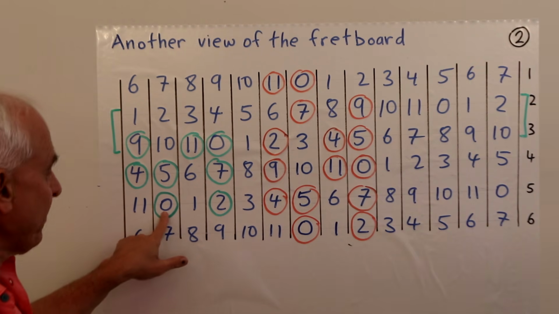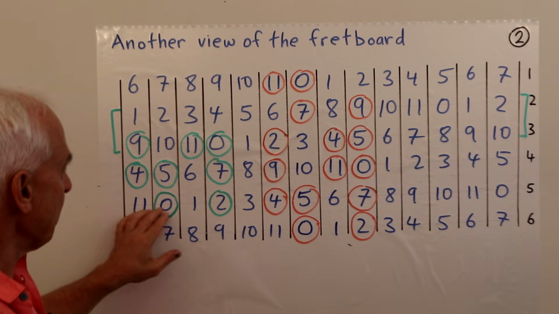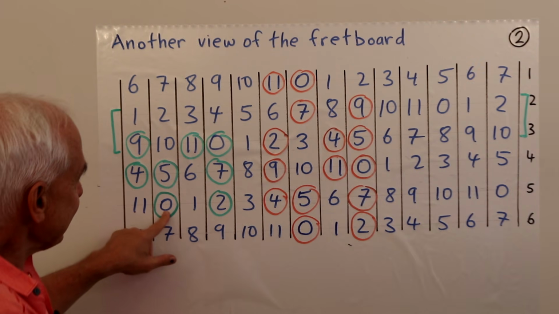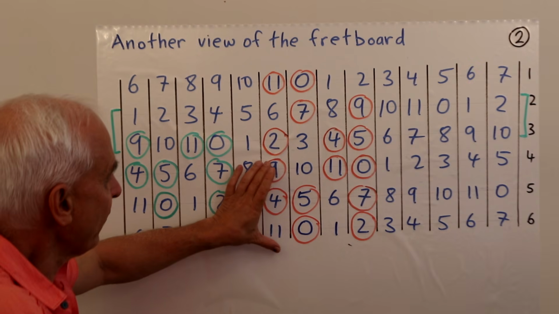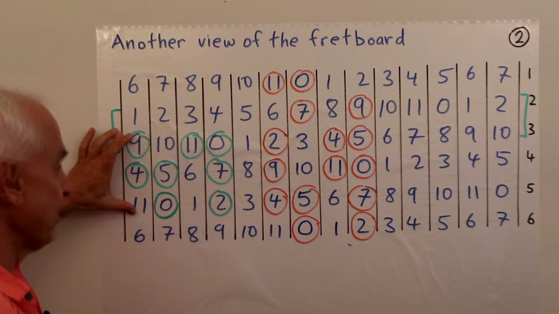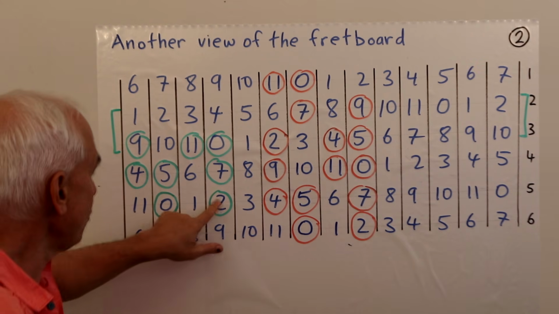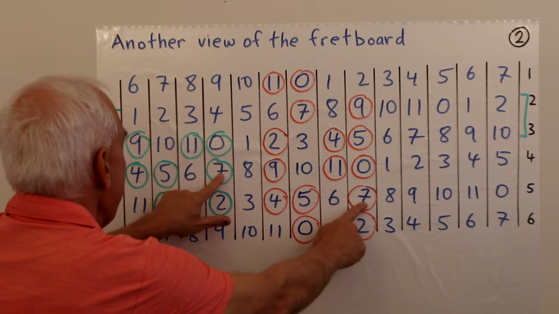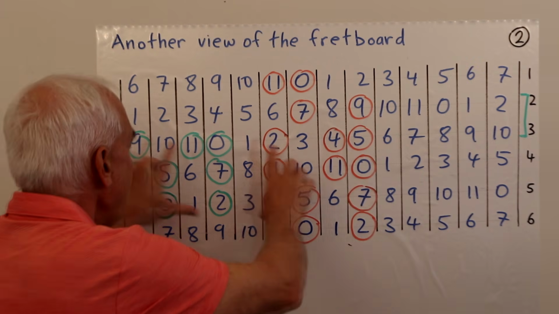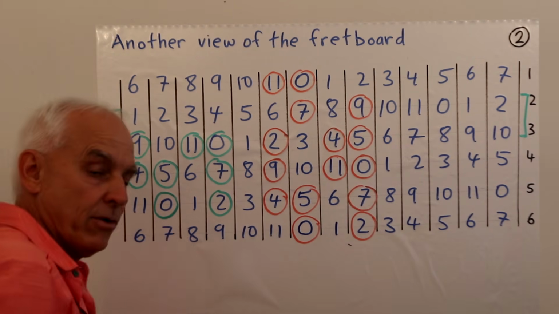Okay, so for example, that would be corresponding to starting, say, with that 0 here. So let's build a major scale also from here. Here, actually, it's the same structure as down here, because the relation between these bottom three strings is exactly the same as the relation between these next three strings. Okay, so 0, 2, 4, 5, 7, 9, 11, 0. So if you memorize this pattern to go from this 0 to this 0, then you can just repeat that entire pattern to go from this 0 to that 0.